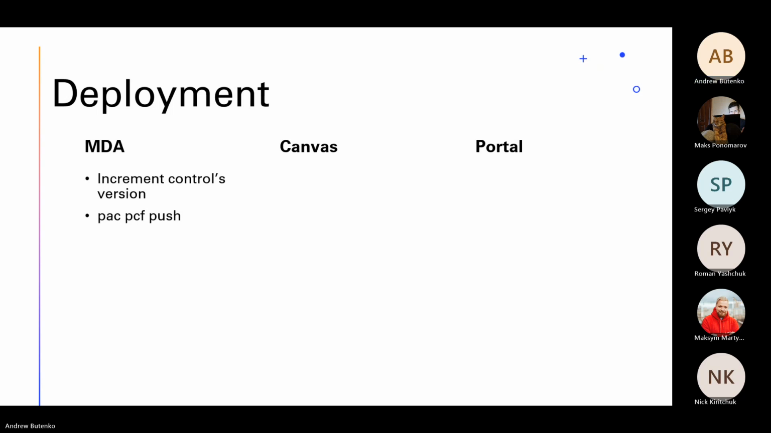Then it depends on how you prefer to deploy controls. I prefer, this is my weapon of choice, PCF push, because it does everything for you. It creates the holding solution. It adds the control. It adds the publisher. So it removes all the pain in the back that we used to have in the early days of Power Apps component framework,